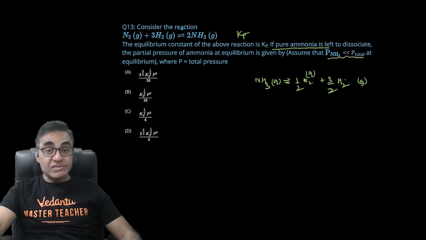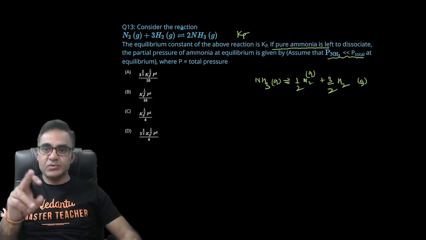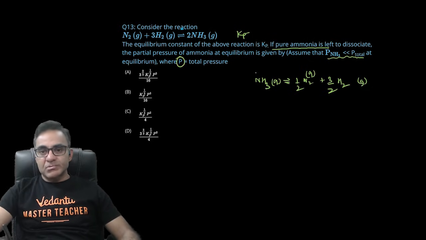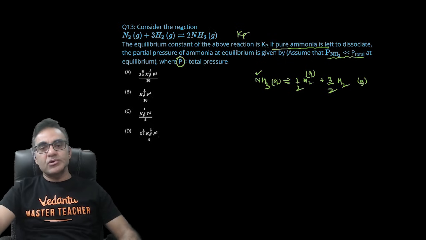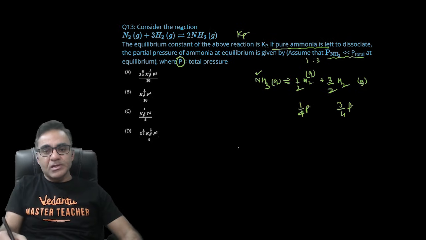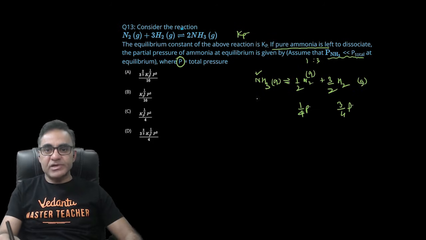प्रेशर इज क्वाइट लेस एज कंपेयर टू टोटल प्रेशर, दैट मींस टोटल प्रेशर विल बी द सम ऑफ पार्शियल प्रेशर ऑफ नाइट्रोजन एंड हाइड्रोजन। एंड अगर टोटल प्रेशर P है और जब केवल अमोनिया के डिसोसिएशन से नाइट्रोजन और हाइड्रोजन बनेगा तो इसमें मोल रेशियो 1:3 रहेगा। दैट मींस दिस विल बी 1/4 P, इसका पार्शियल प्रेशर 1/4 P होगा और इसका 3/4 P हो जाएगा। राइट, अब हम अगर Kp लगाएं इस रिएक्शन का Kp, तो इस रिएक्शन का Kp पुराने रिएक्शन